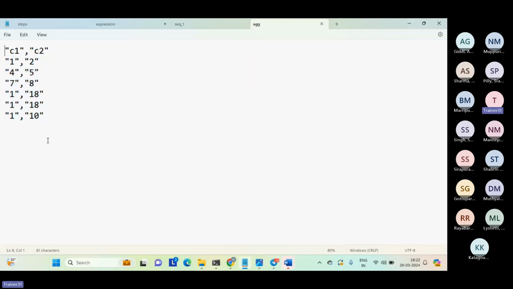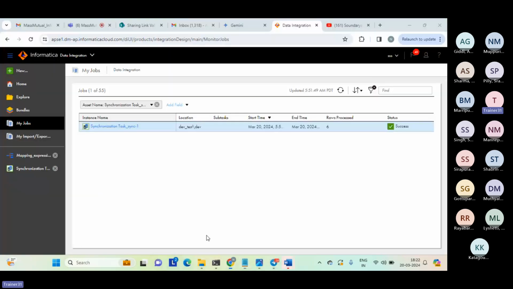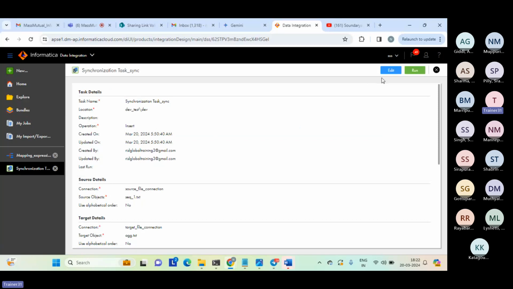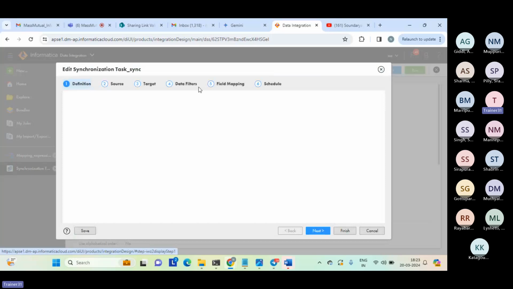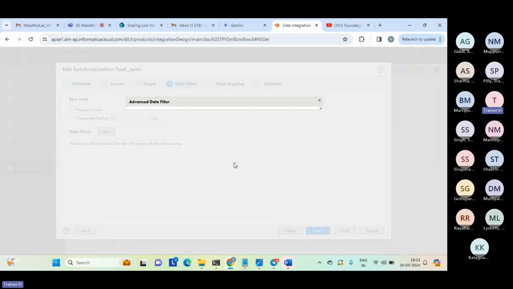But here we did what? Straight through synchronization. But if you want to apply any limiting, where we can apply a filter condition, or if you want to add some other things like adding a map thread, that also could be done quite easily over here, right? So let us try applying a filter condition and see how it behaves as a result of limiting the data. We can directly pick up the filter part and apply any filter condition by clicking on